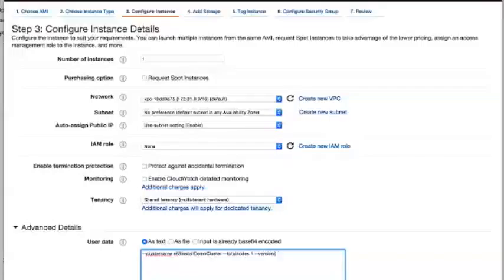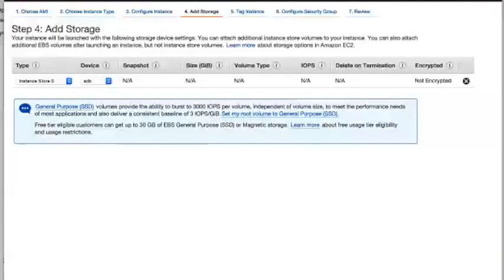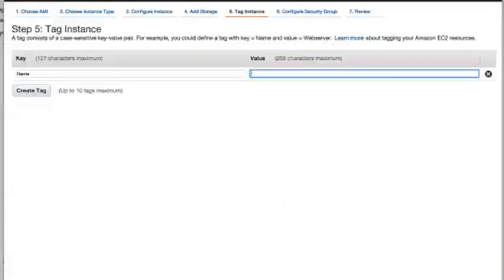The version, which is community in this case because you're using the free version. There's additional optional things that you can add to the advanced details, but I'm going to skip that for now. Go to add storage. This looks fine for me. I just need the minimum. I'm actually not going to add any tags, but you can add tags if you have a lot of these